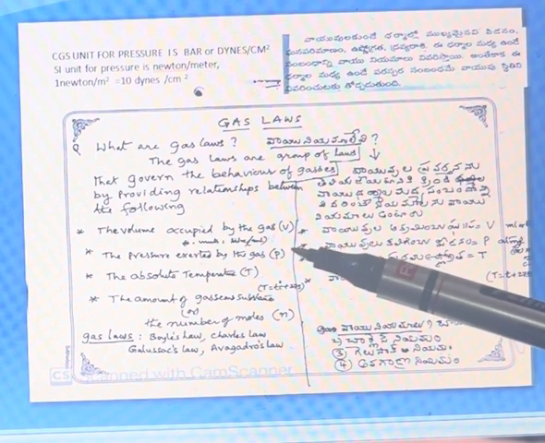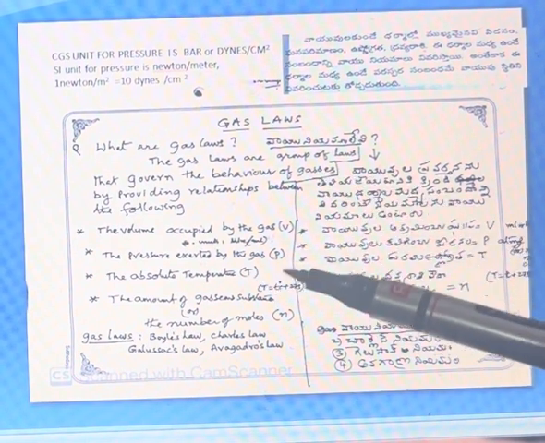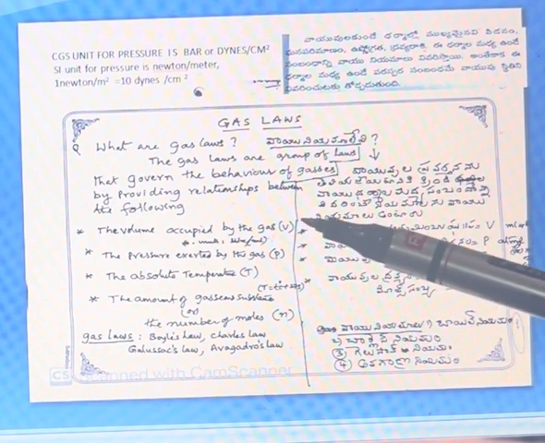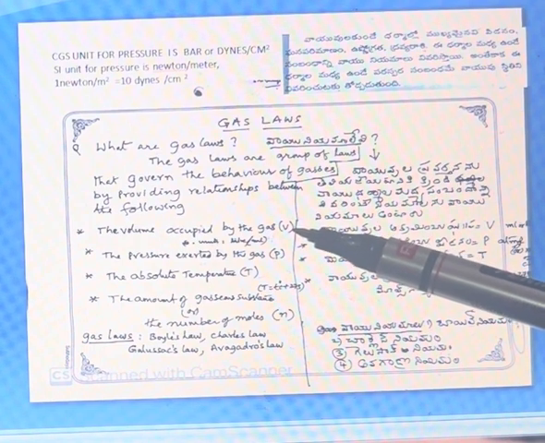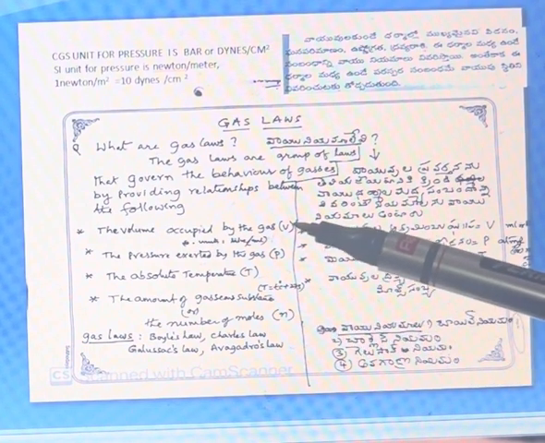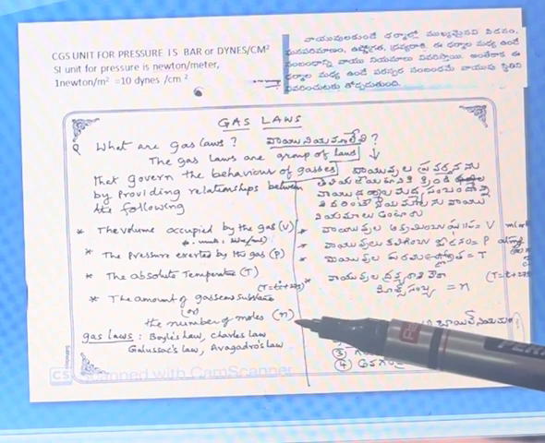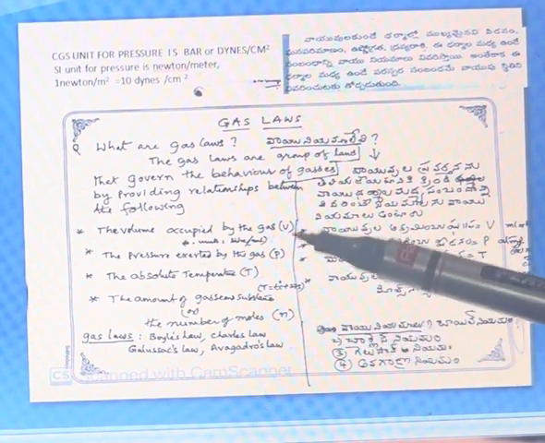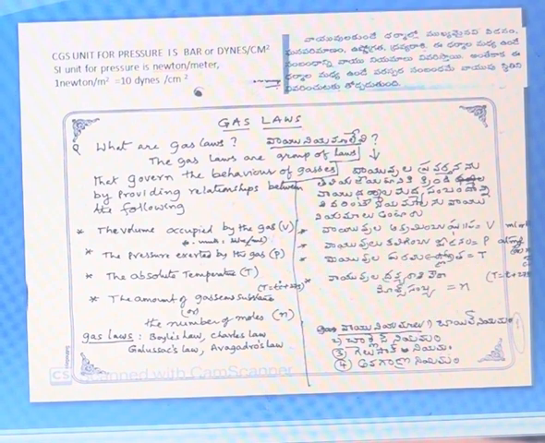Another one is when P and T are constant. What variables remain? V and N. V is directly proportional to N. That is Avogadro's law. That means out of 4 variables, you take 2 variables fixed and see the relationship of the other 2,